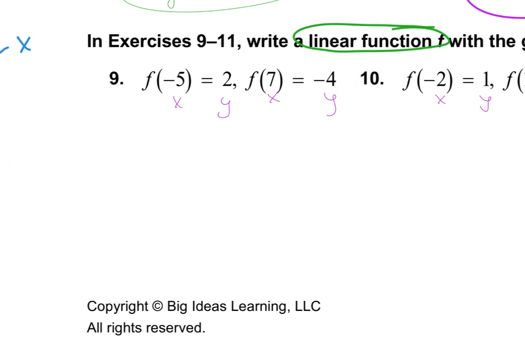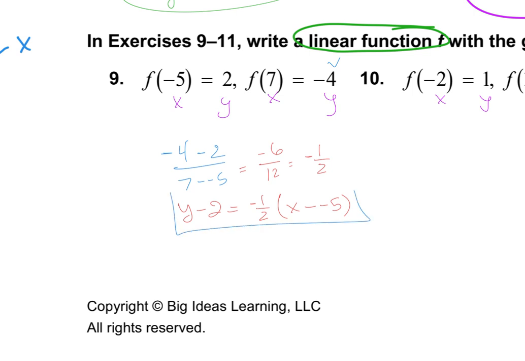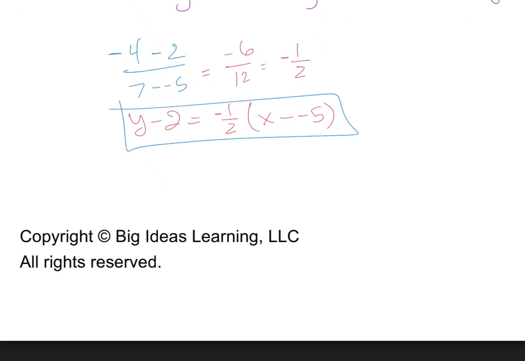So here we go. Negative 4 minus 2. We did that one first. So we will do 7 minus negative 5 here. Negative 6 over 12, that's negative 1/2. Y minus 2 equals negative 1/2 times x minus negative 5. So technically I'm done with my point slope form. Put a box around it, but if we want to do slope intercept form, we have y minus 2 equals